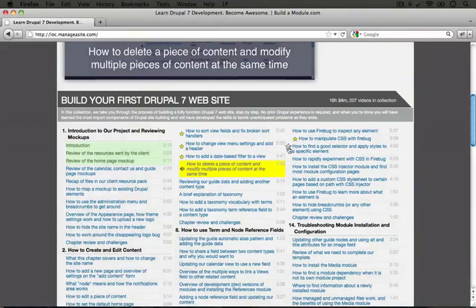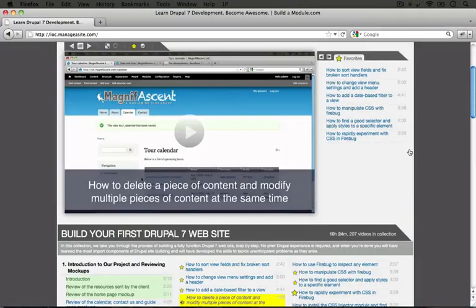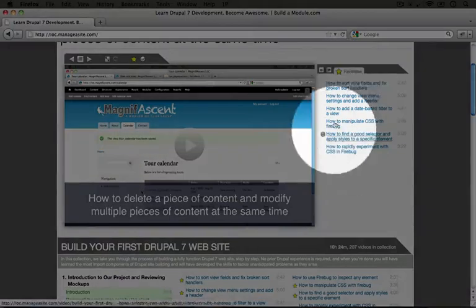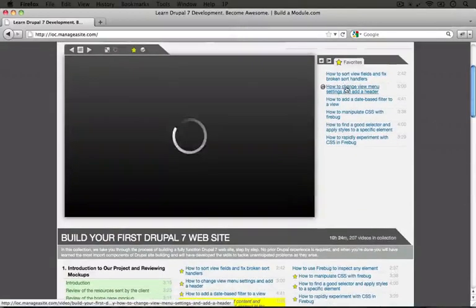Here I'm adding a couple different items as favorites. You can favorite videos that you like in particular and that you might find useful later on, but you can also use favorites to create a playlist to go through. So for example, if I had just favorited all of the videos that I want to watch for the next hour, I can go ahead and click one of the items in this favorite list, and it will begin playing